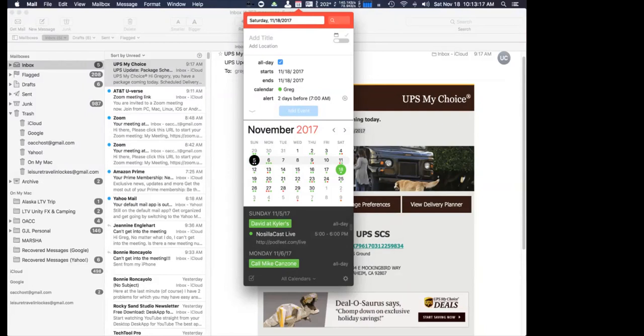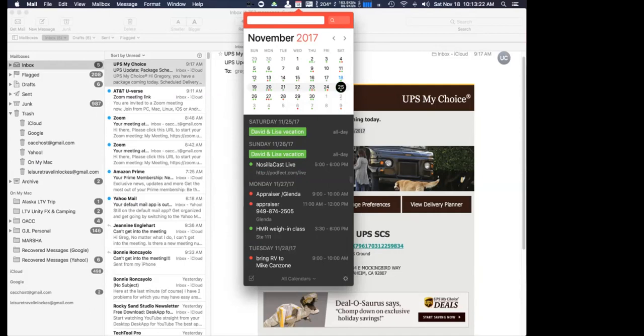The best thing that Fantastical has got going for it is the fact that it parses this information. And the latest thing that they've added to it is, let's say an example, I have a